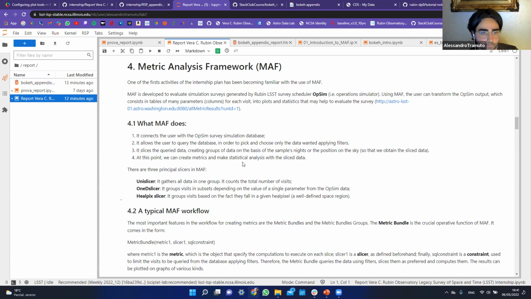So the first part is that it gives you access to the operation simulator. So it gives you access to the data. After that, you can query the data. So you can apply filters, constraints. And another way, you can slice it. So you can take one precise part of the data you're interested in, or create a group of data samples. Because you can slice the data not only within a spatial constraint, but also